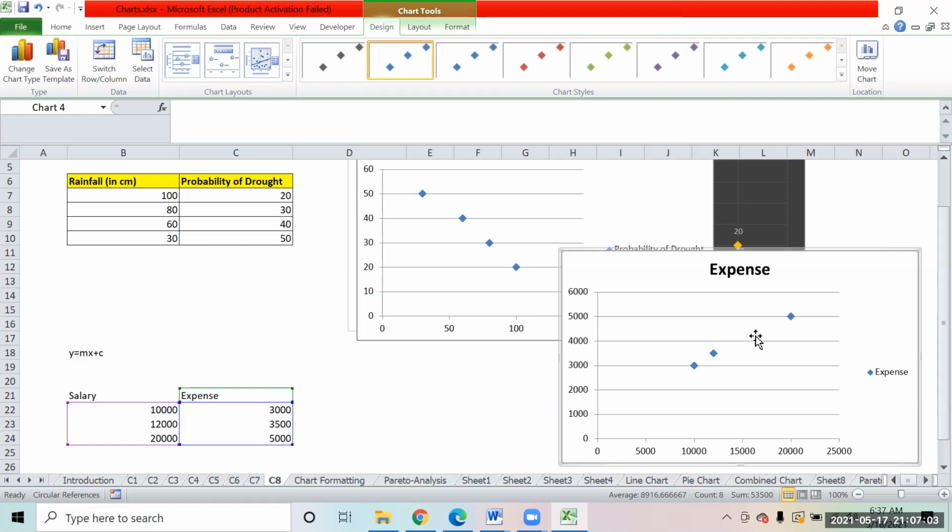So anything you would like to discuss? On the scatter plot, depending only upon the direction, you mean to say you can decide whether it is having a positive correlation or negative. Is that right? So you can say this is a positive relation, because it's going in the upward direction, and this is a negative relation.